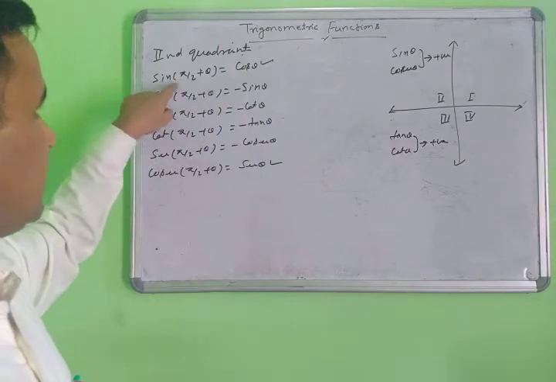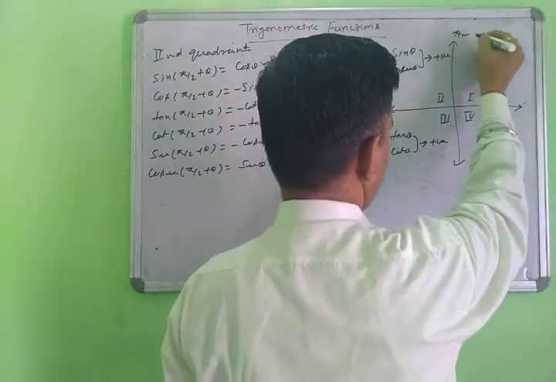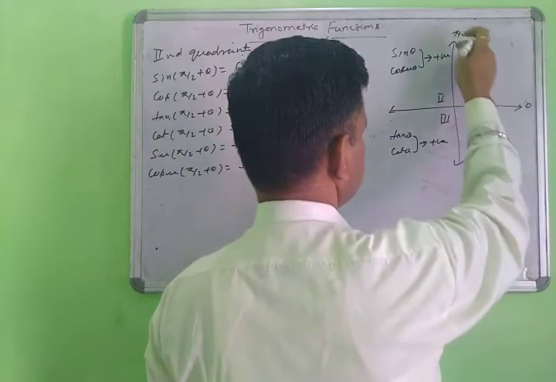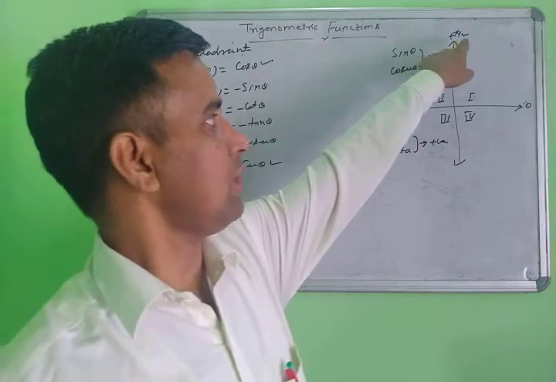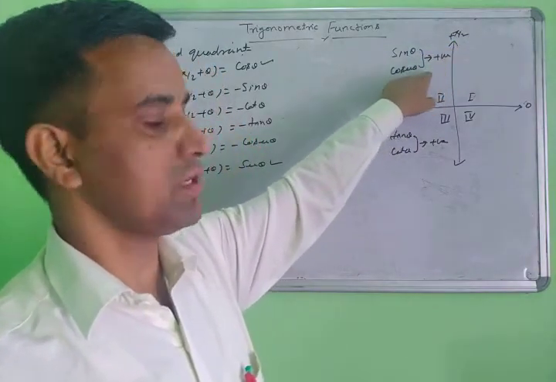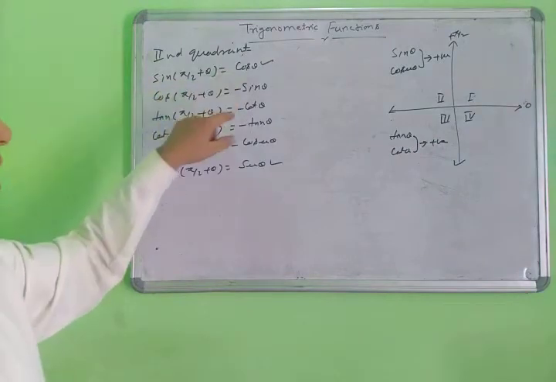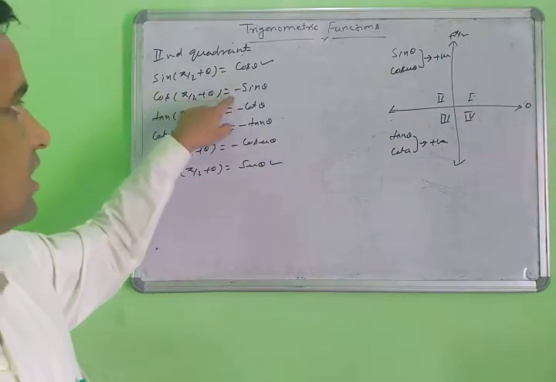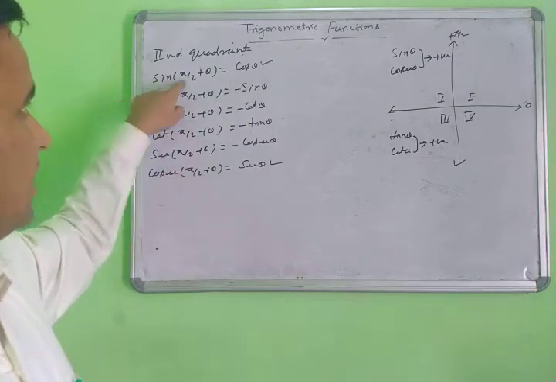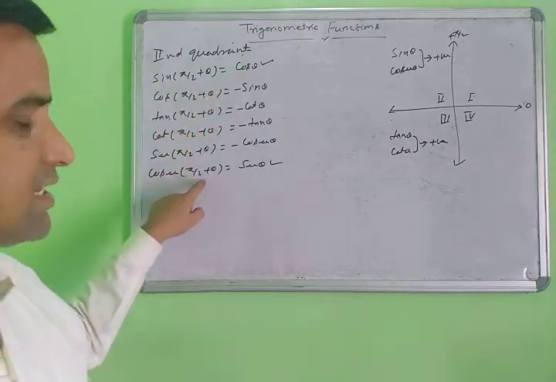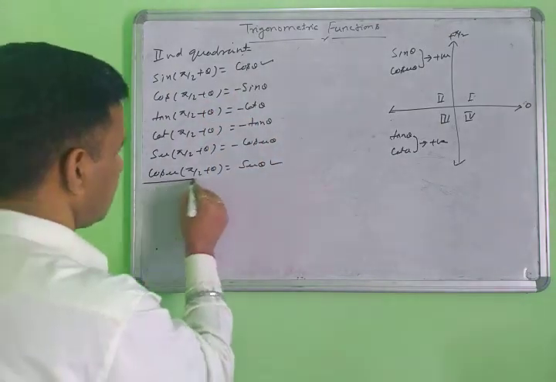Means sin(90 + theta): this is the degree of 90, pi by 2. So 0 degree, so 0. So you are adding something here, then you will go to the second quadrant. When you add something to 90, you are going into the second quadrant, so 90 plus theta: sin is cos theta, cos(90 + theta) is minus sin theta. Only first, sin(90 + theta), is positive and cosec(90 + theta) is positive. The rest will be negative. So yes, next part here.